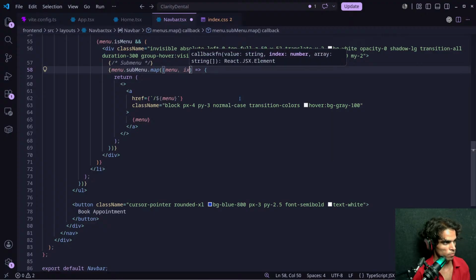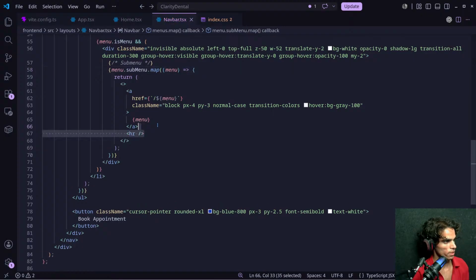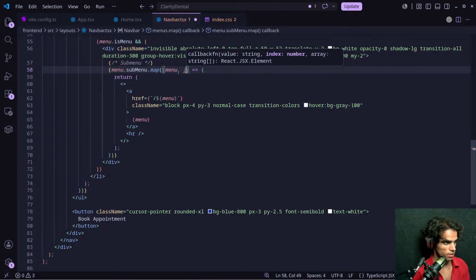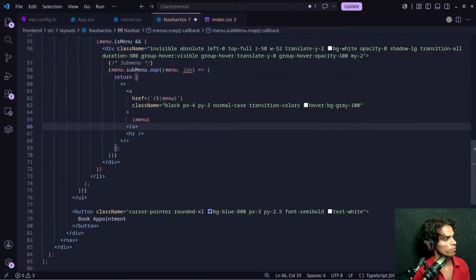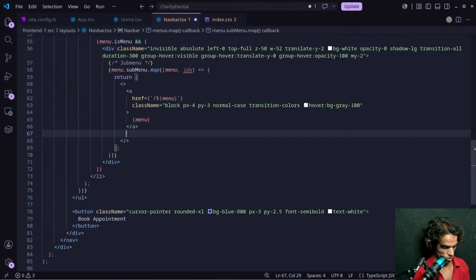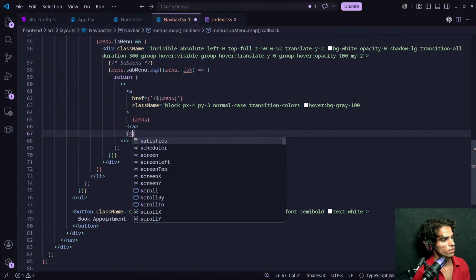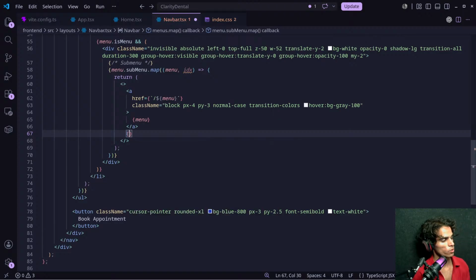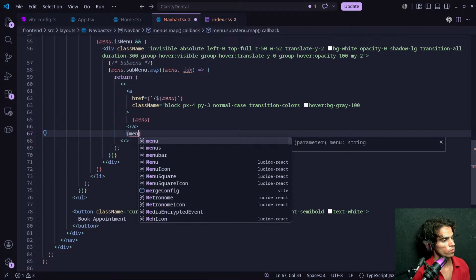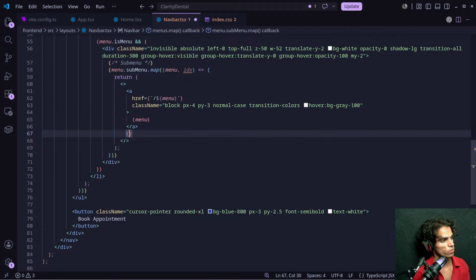I would also like to pass IDX and Control Z. I would like to have the horizontal line and also pass the index. And what I want to do here, Control X, if I do menu, we will be...